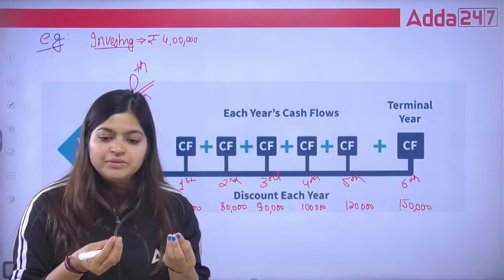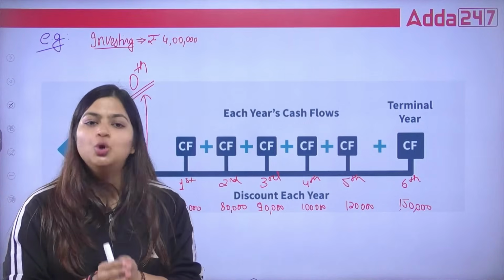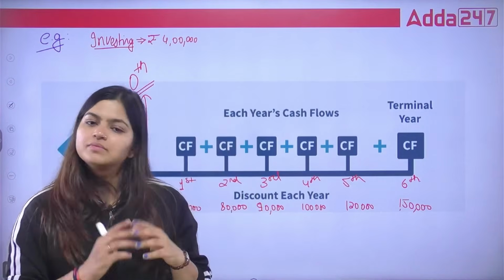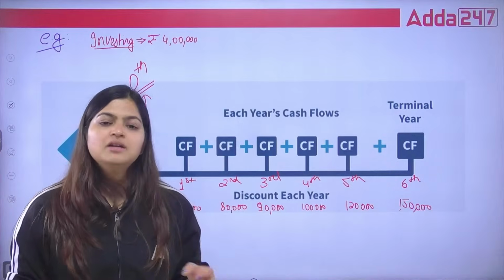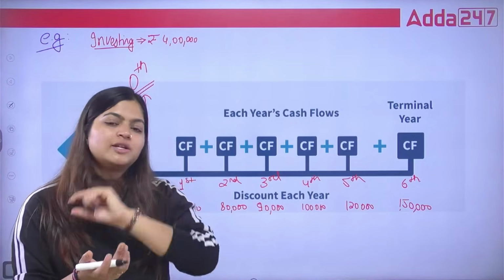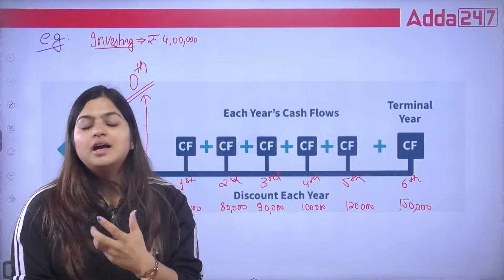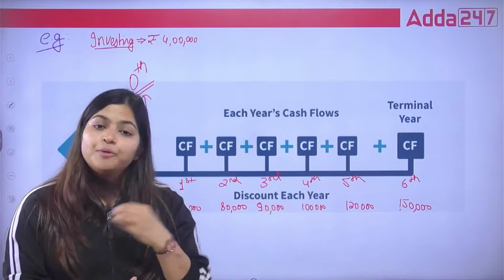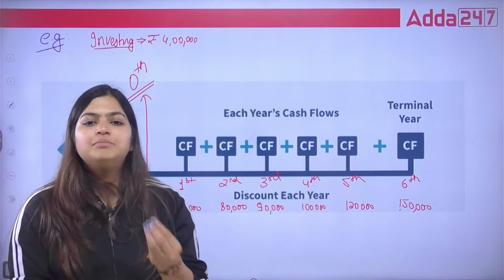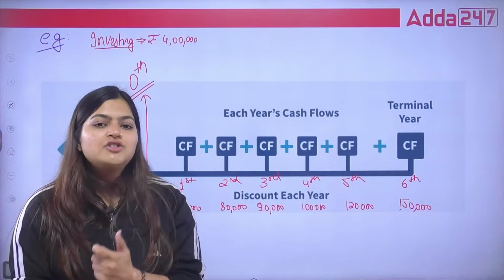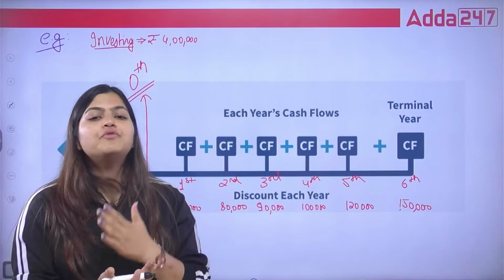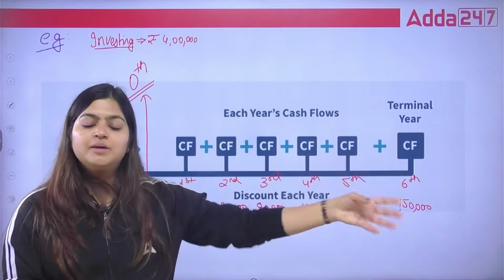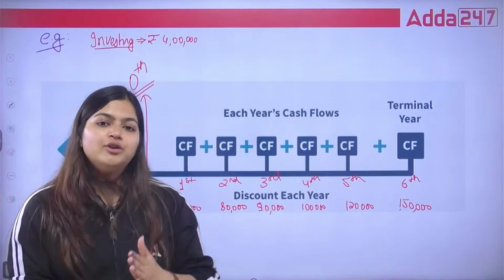Though you are paying the same thing, but are you getting the same value today? No. Yes, the value is decreasing, or the price is increasing. Both the points you can say. By paying the same amount, we are getting lesser quantity. So why does this actually happen? Because of time value of money, because of inflation. Your prices are increasing day by day. So as a financial analyst, when we are talking about finances, we are always going to adjust all our future incomes based on this time value of money.